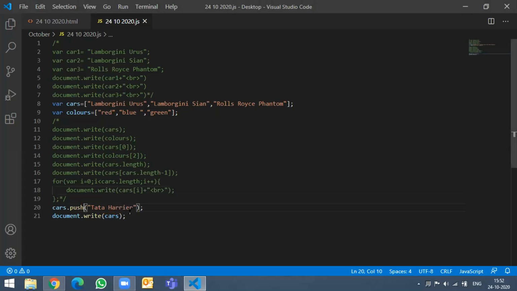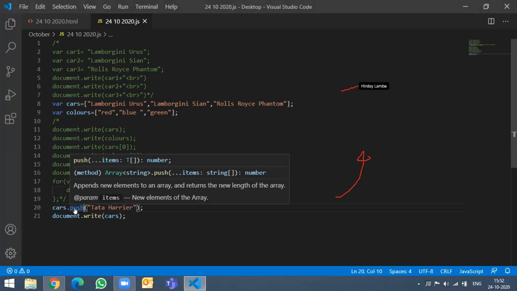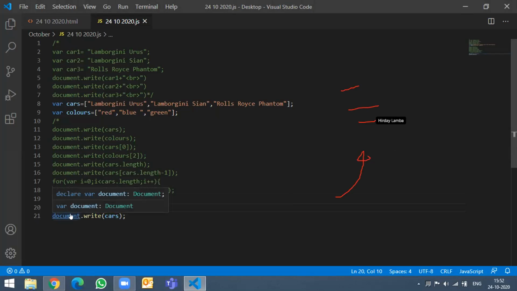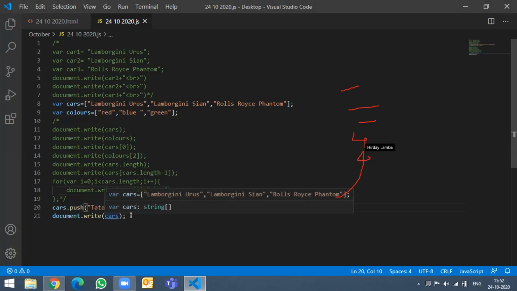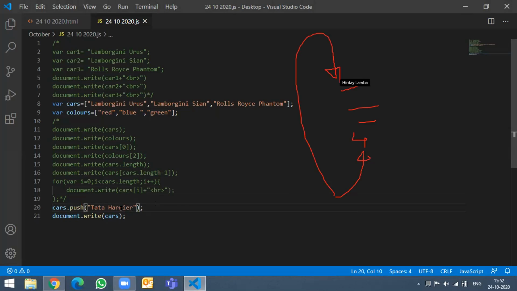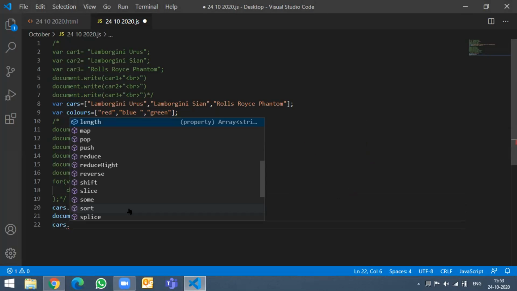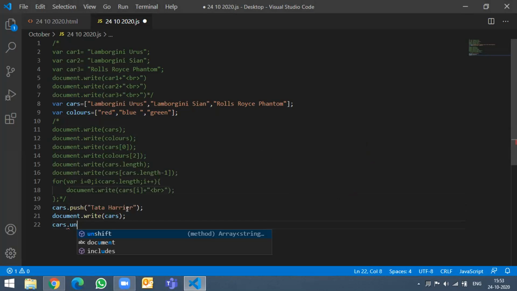Okay, but when we are adding with push, it is going at the last position, right? 0, 1, 2, and then the fourth value came. We want the next car that we add to come on the top. Okay. So now go back and say cars dot, in the next line, we'll say unshift.